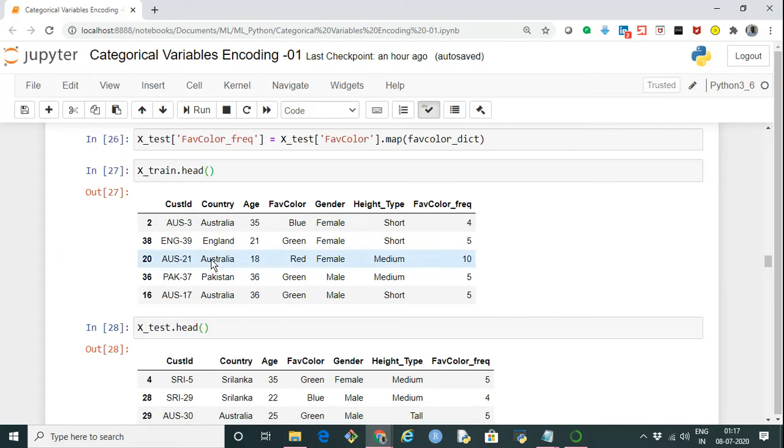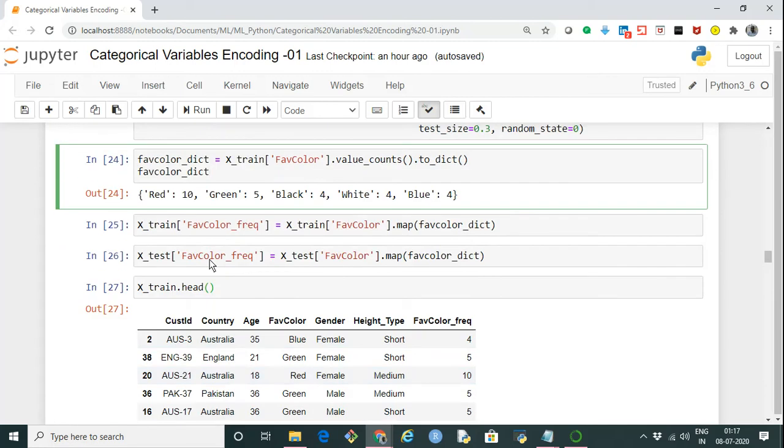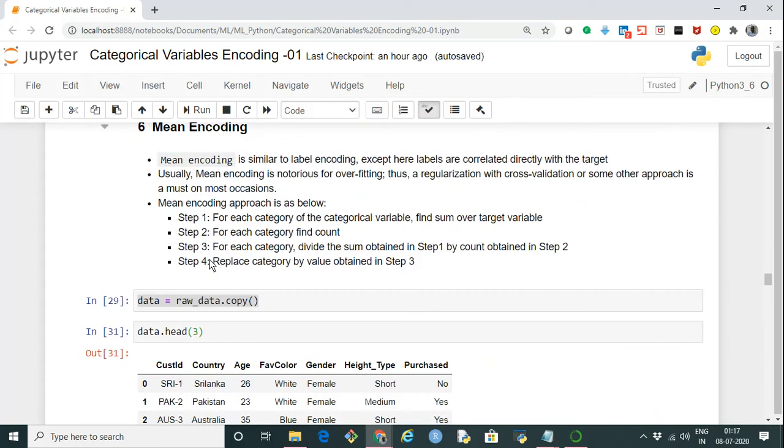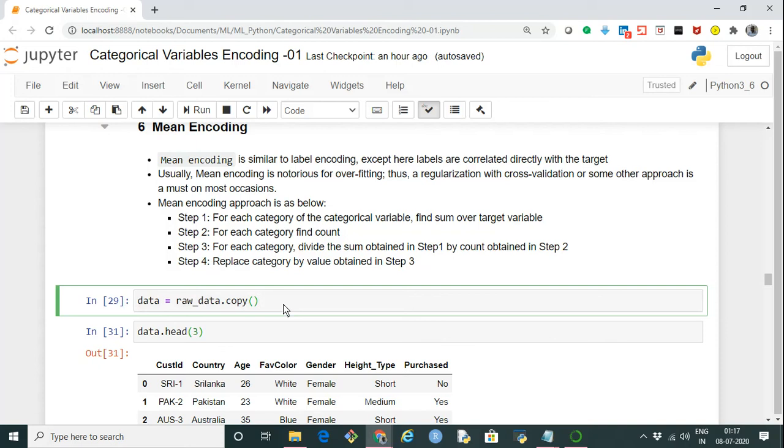Now we can take another technique, which is the mean encoding technique. In the mean encoding technique, we basically replace the categories by the mean value, and this mean value is calculated based on the target variable.